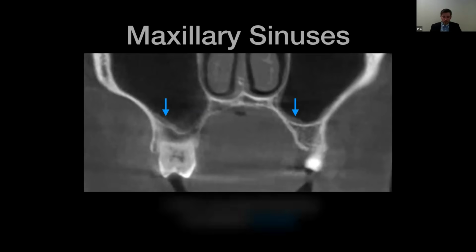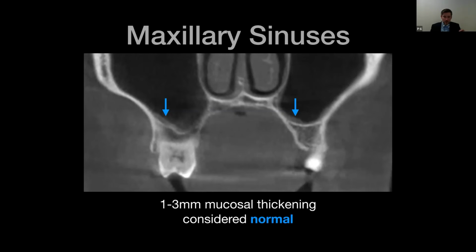And so if you have a little bit of that, that's still okay. 1 to 3 millimeters of mucosal thickening is still considered to be within a normal range. So again, going back to the maxillary sinuses, looking at mucosal thickening, 1 to 3 millimeters is considered normal. So whenever I see mucosa that's...